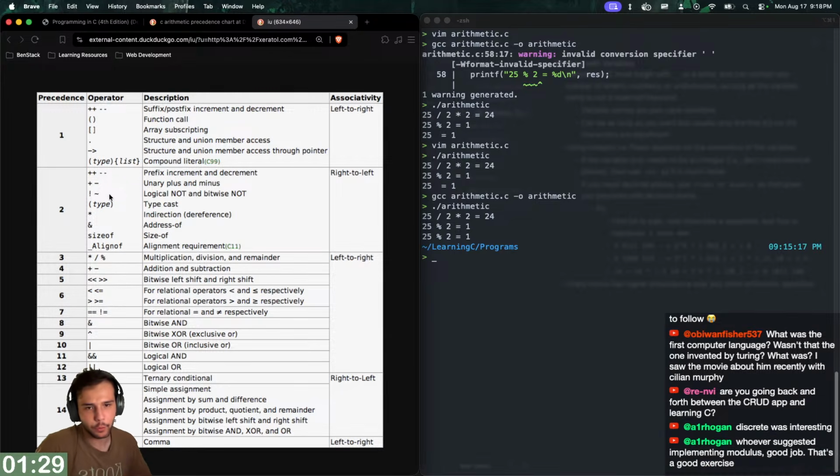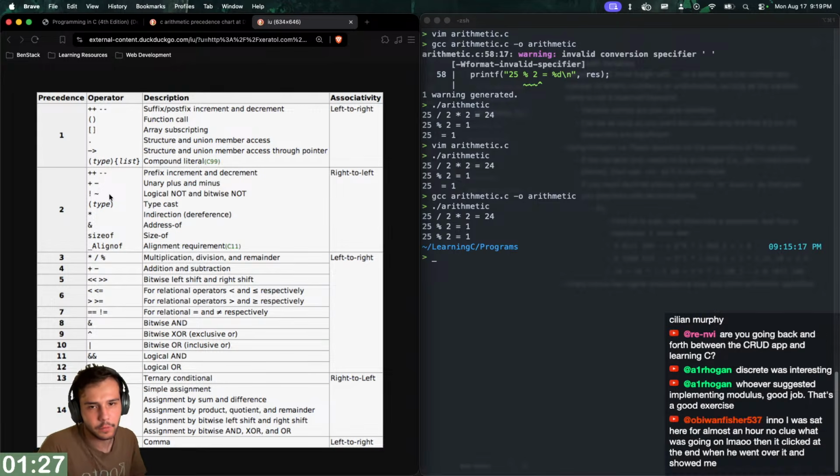Am I going right back and forth between the CRUD app and learning C? Yeah, exactly. Just to vary it up, Re. That's exactly what it is. That's a good exercise. That was innovation. But